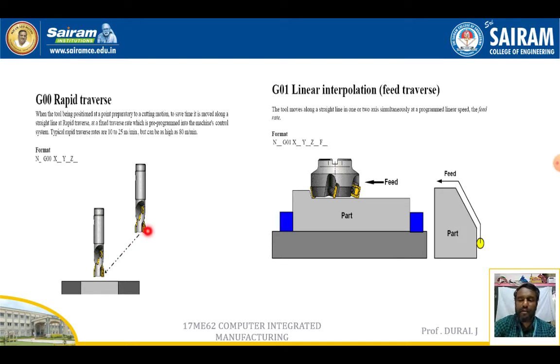Okay, so it will be used to reduce the idle time of the machine. So this is the work part. So the tool has to be here. From here to here it can be moved. We can use it as a G00 command. Already we people know. Then what is the syntax over here? So previously in the lathe operation it was G00 X Z, but here all the three axes we are using. So G00 X, Y and Z.